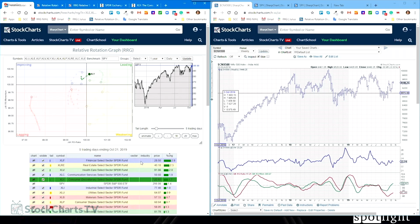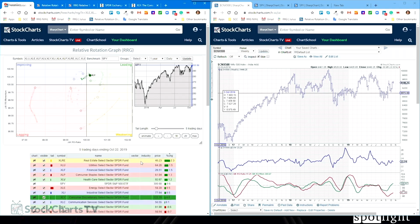This is at yesterday's close. That looks really strong because it moved into the leading quadrant, and then there you go. And then we'll have communication services, technology, and materials. And as I said, the consumer discretionary sector is the one that I want to go and focus on a little bit later. Now, very briefly, I want to explain a little bit about the difference between daily and weekly